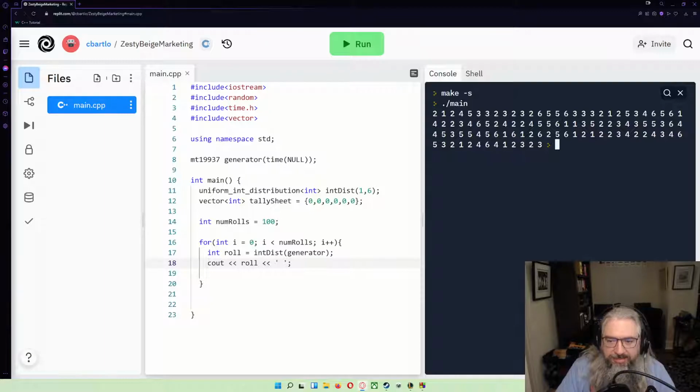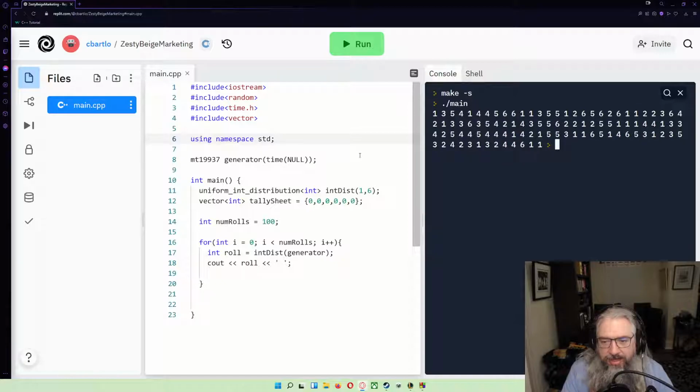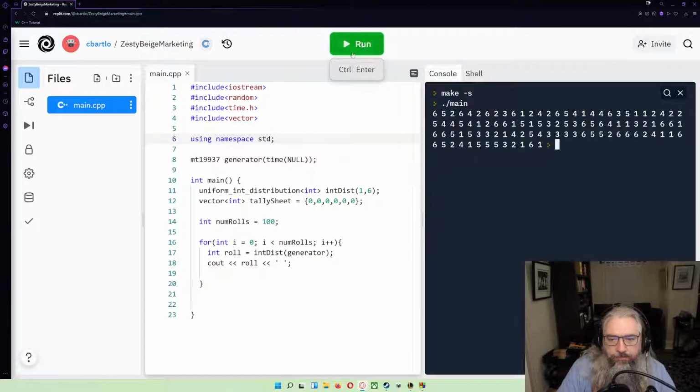So you can see here, I got a sequence of numbers, and if I run it again, right, hit Control Enter again, you can see now that it actually runs really fast. See how it's running really fast? It's because it doesn't have to compile it anymore because it knows it hasn't changed. So it's actually being kind of smart and not recompiling it. But you can see I'm getting lots of different numbers. I'm feeling pretty good about that. Okay, so